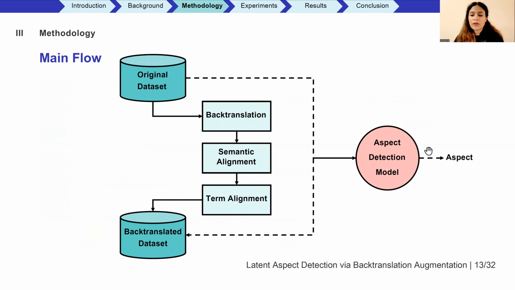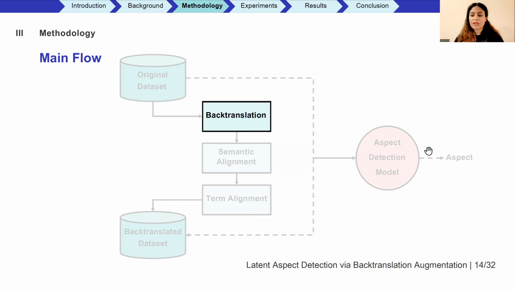And our current goal is to leverage this back translation technique to augment our training dataset for review analysis for the task of latent aspect detection. Using back translation is not as straightforward as it may seem, as it has some problems and challenges. The first one is that after the back translation, the meaning sometimes completely changes and goes off topic. And also sometimes we lose our labels as the words may change. So we have designed a control mechanism to find the new labels and remove the off-topic reviews.